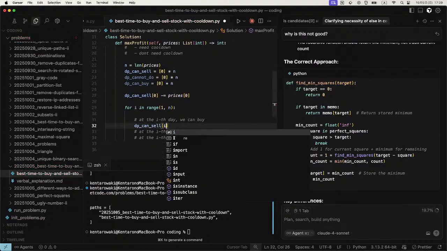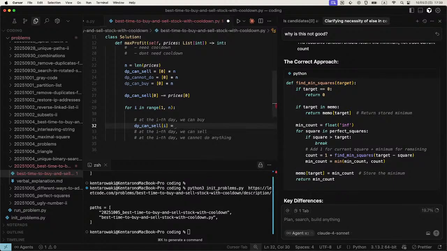So yeah, we can sell the share of stock at the end of the day i, and at the time the profit is